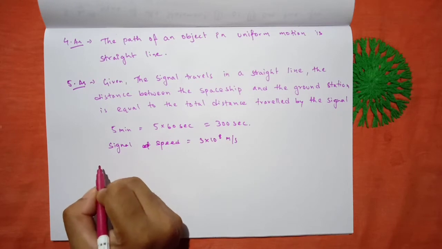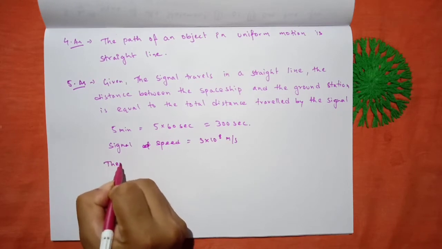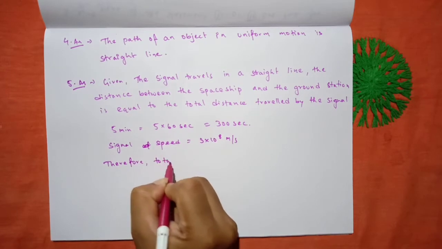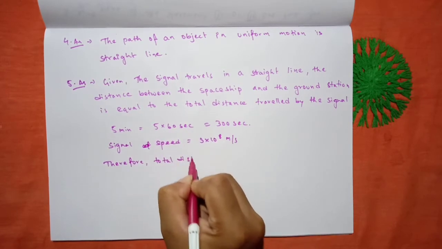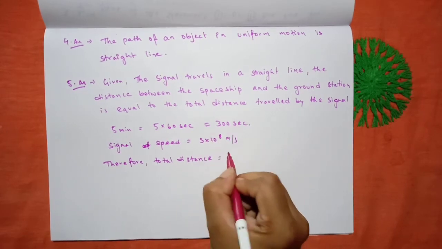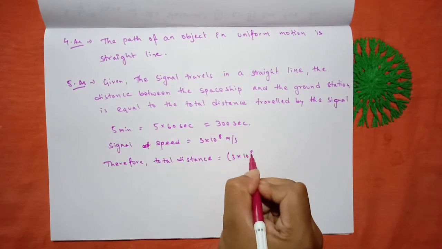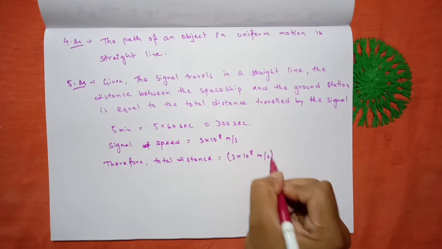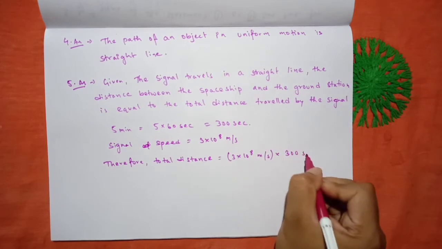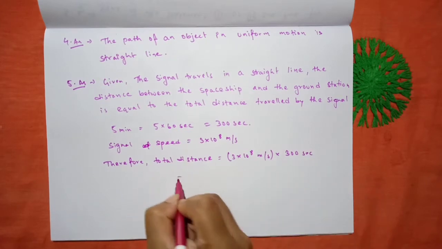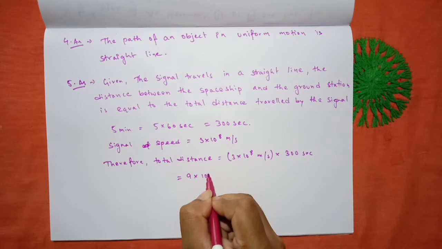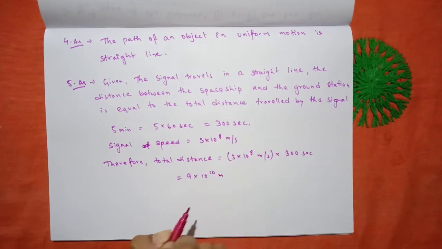So therefore, to find out the total distance, we have to multiply both. So 3 into 10 to the power 8 meter per second multiplied with 300 seconds, which we will get 9 into 10 to the power 10 meters. Okay,